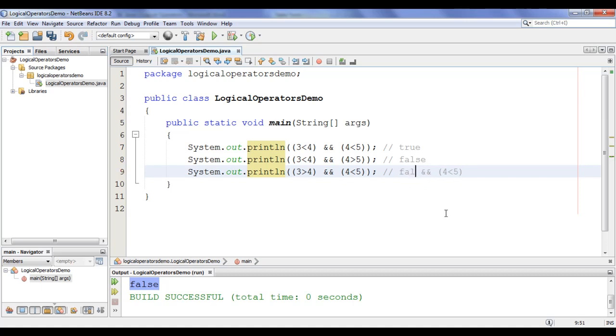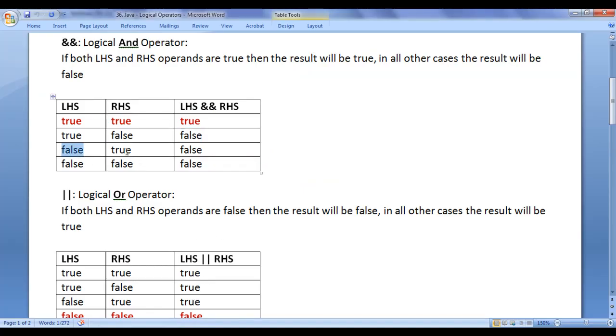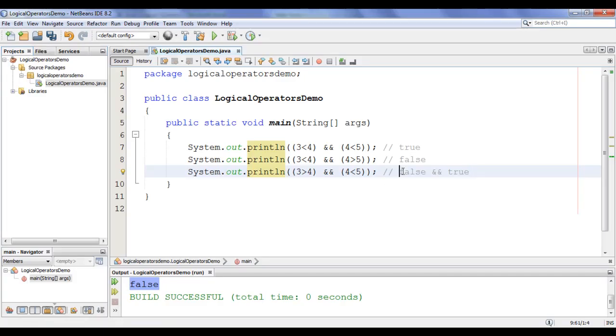We get here false. 4 less than 5 is true. On the left hand side we have false. On the right hand side we have true. Definitely we get false, guys. I say run project. You can see that false is displayed in the output window.